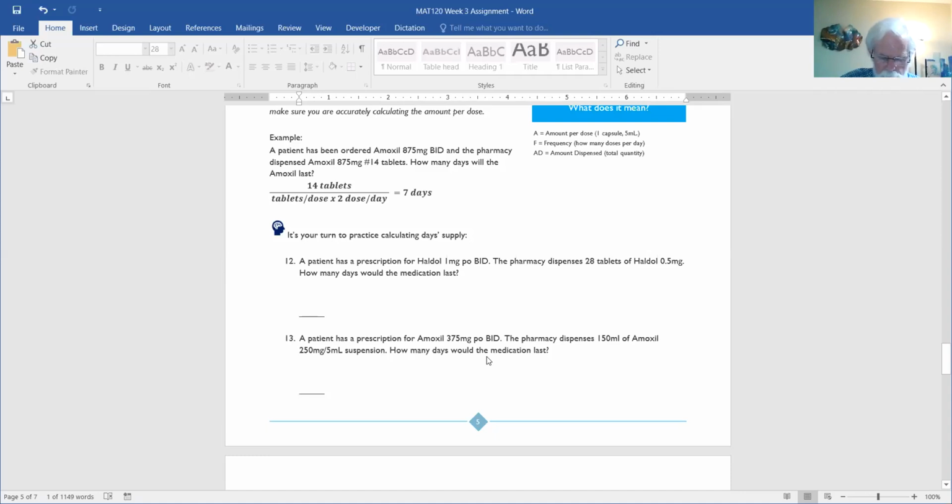But I think it makes it a little bit easier to handle. Remember that we prescribe in milligrams. For a liquid drug, the pharmacist will calculate the number of milliliters needed to fill the prescription